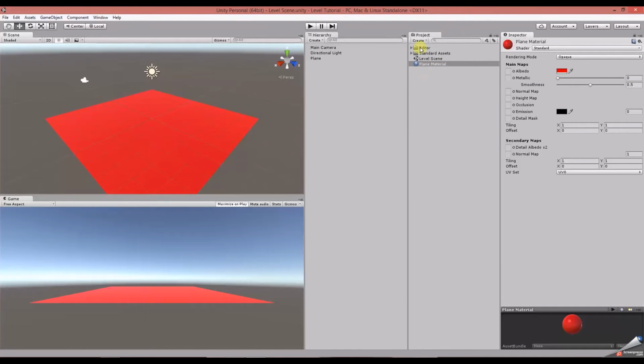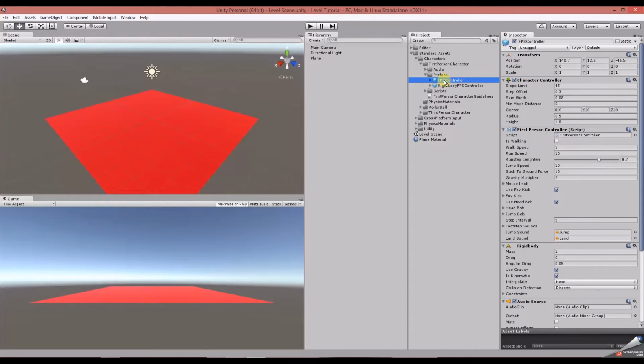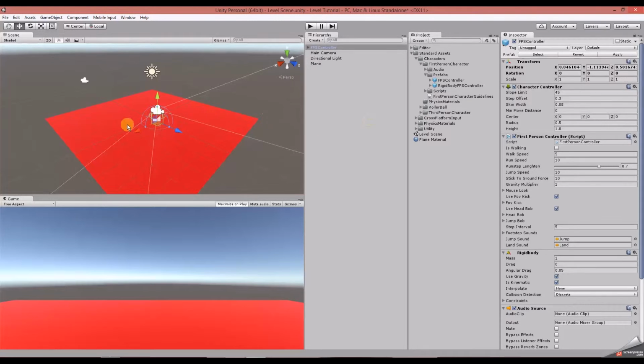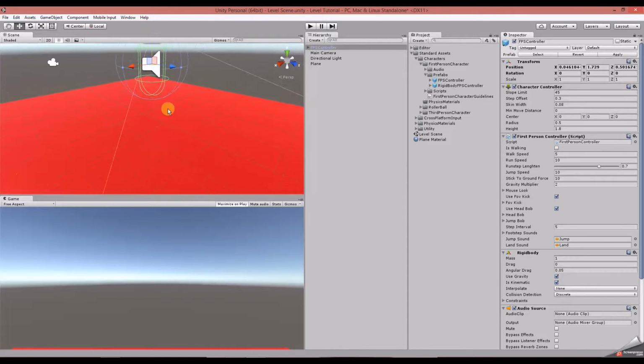Okay, so now if we look under the standard assets folder in our project panel, go to characters, first person character, prefabs, and there's the first person controller prefab, which all we do is just drag it over into our scene. Now you want to make sure that the first person controller is not going through the floor, which I believe ours is. So put him above the floor,